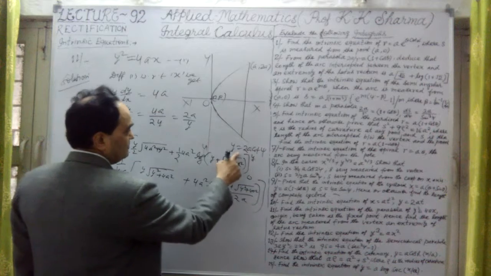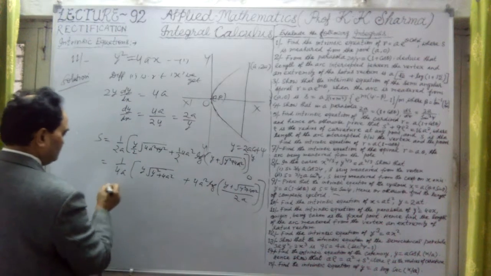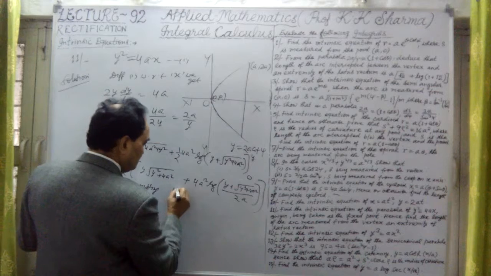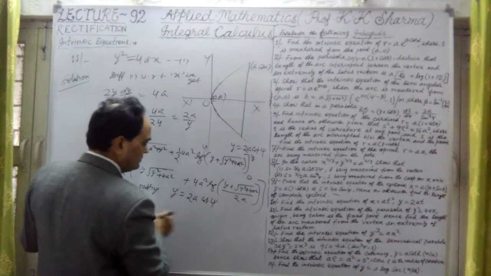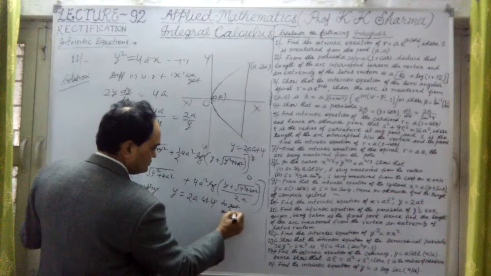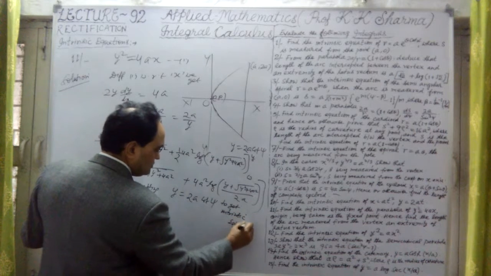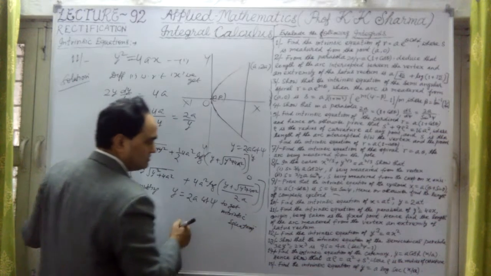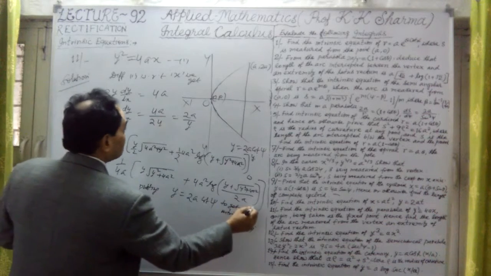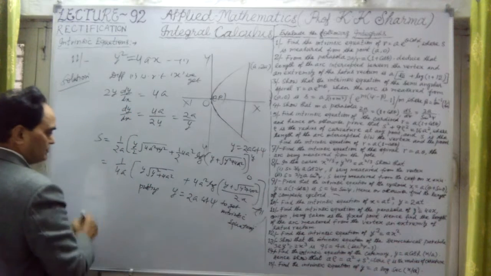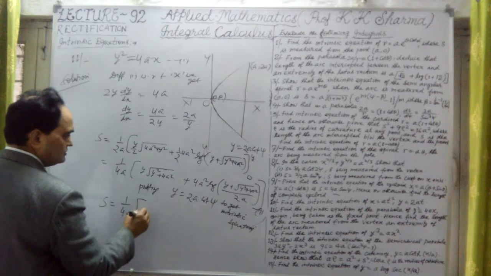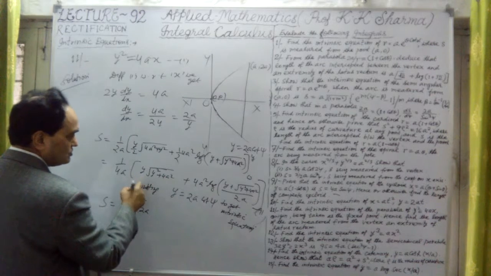Now if I substitute the value y is twice a cot psi, let me put the value. Putting y equal to twice a cot psi to get the intrinsic equation. To get an intrinsic equation, the relationship must be in the psi angle and in s. Therefore, s is equal to, putting in this second equation, s equal to 1.4a into y, where y is twice a cot psi,